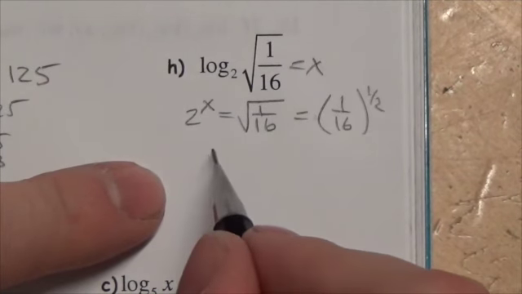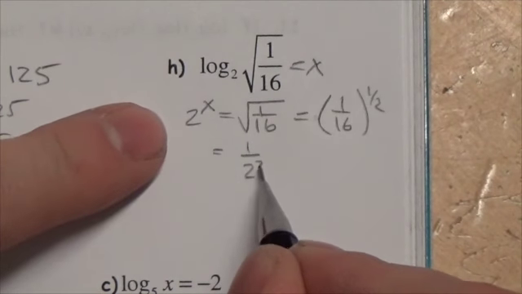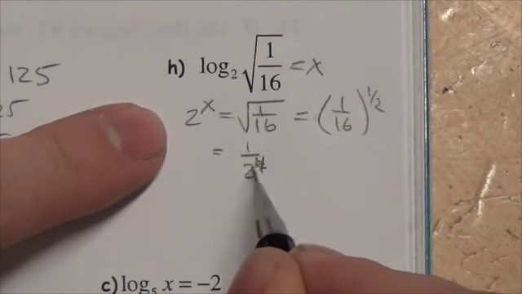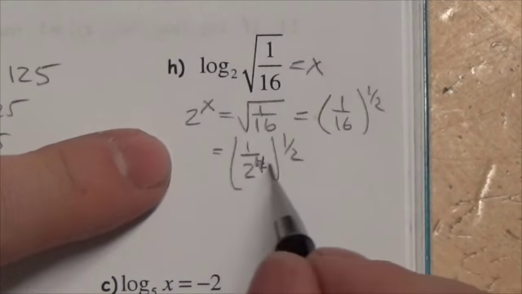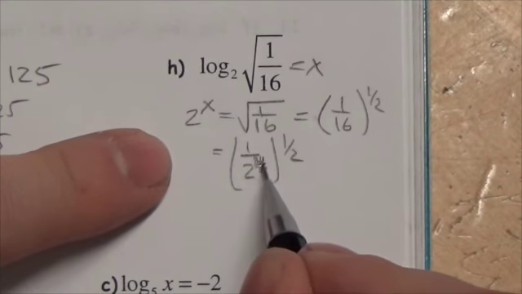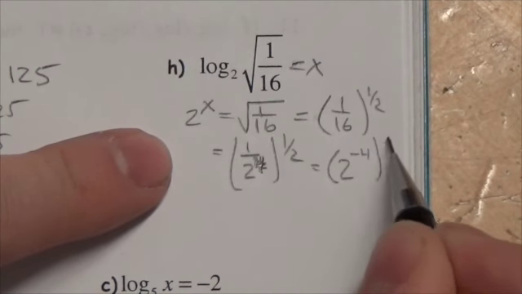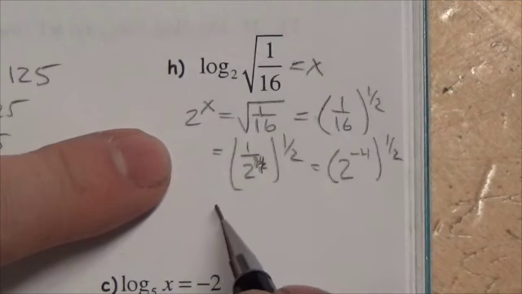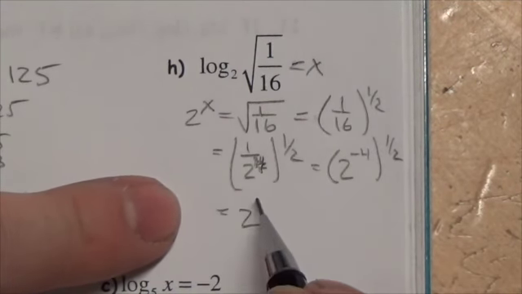I want this as a power of 2 here, so 1 over 2 to the 4th to the 1/2. I've got that term in the denominator, I want it up, so I'm going to make this 2 to the negative 4 to the 1/2. And then when I've got a power of a power, just multiply the exponents. This becomes 2 to the